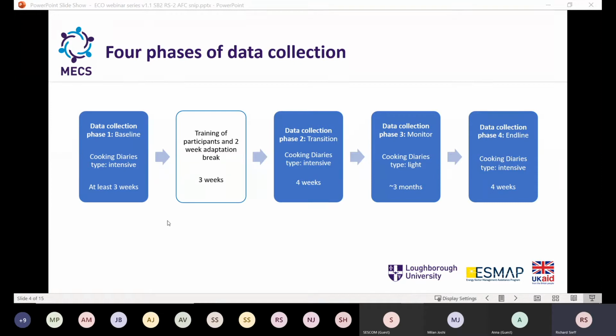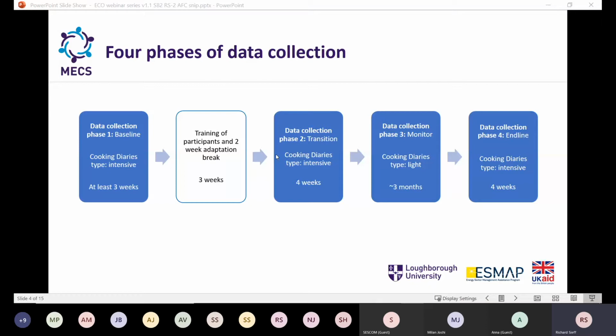After the baseline, there is a short interval in the data gathering to introduce the electric appliances, train the cooks in how to use them, and give them some time to get used to them. The second phase we call transition. This is when electric cookers have been introduced and an intensive cooking diary is used to monitor how they fit